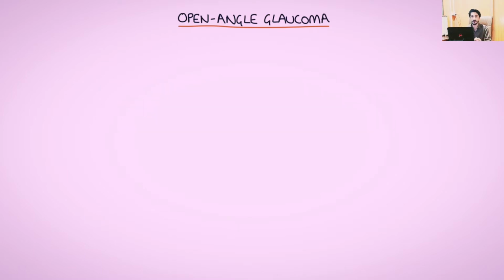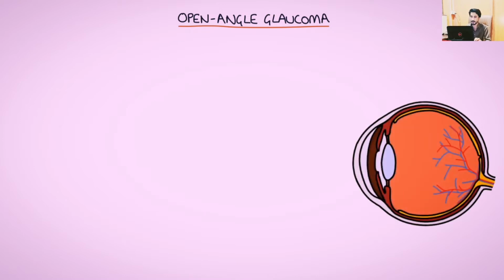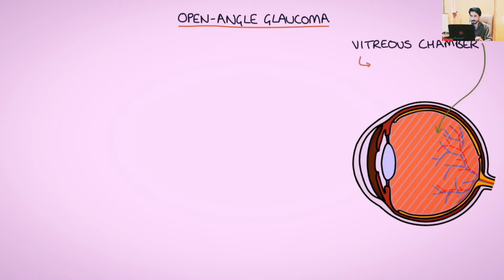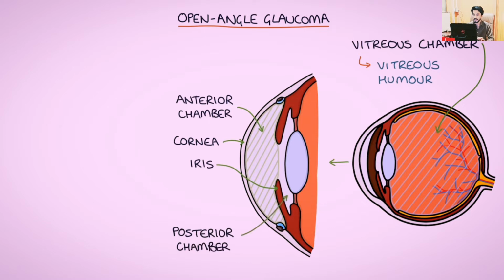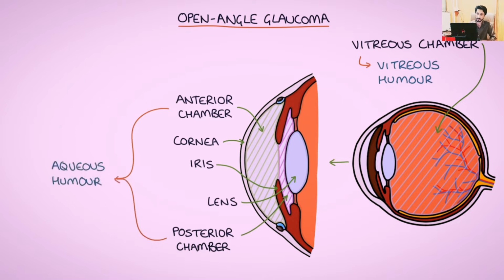So let's talk about the basic anatomy and physiology, because it's important to understand some basic anatomy and physiology of the eye and how the eye functions in order to understand the pathophysiology of glaucoma. The vitreous chamber of the eye is filled with vitreous humor, and this is the main bulk, the main area of the eye. The anterior chamber is between the cornea and the iris, and the posterior chamber is between the lens and the iris. These anterior and posterior chambers are filled with aqueous humor that supplies nutrients to the cornea